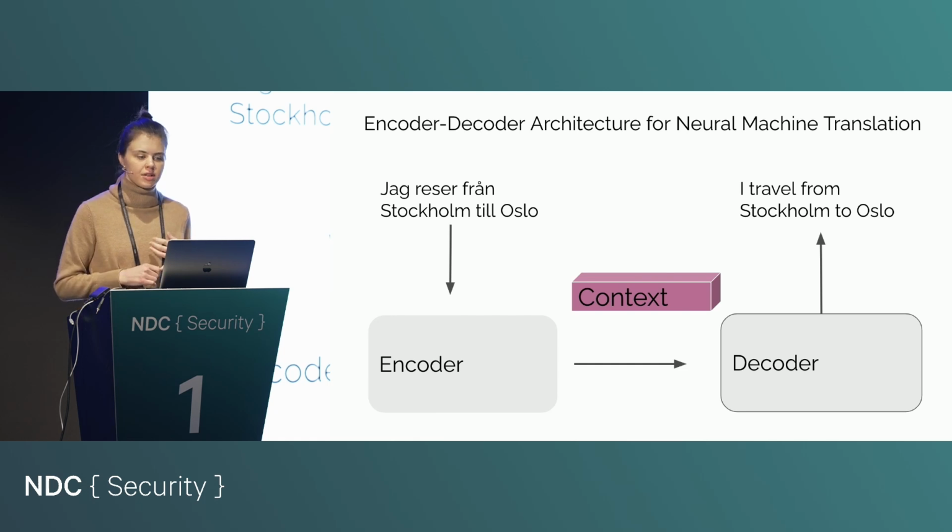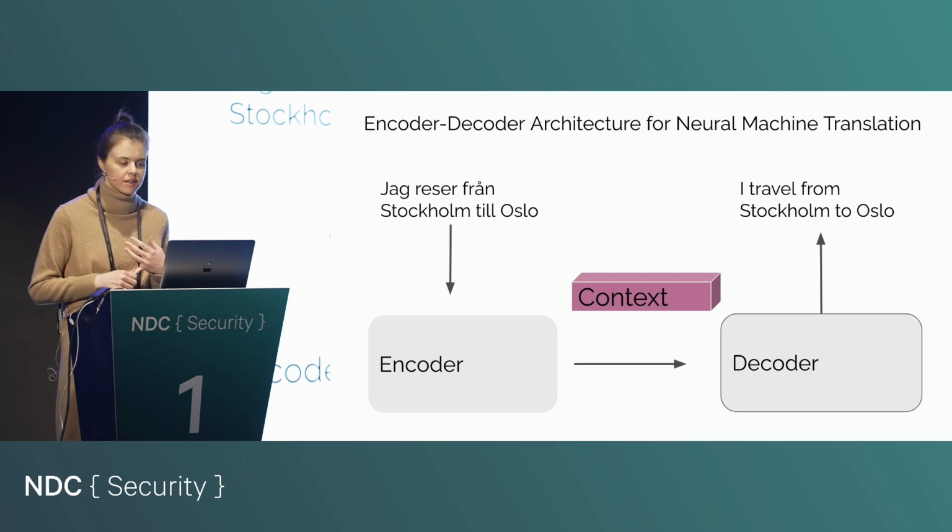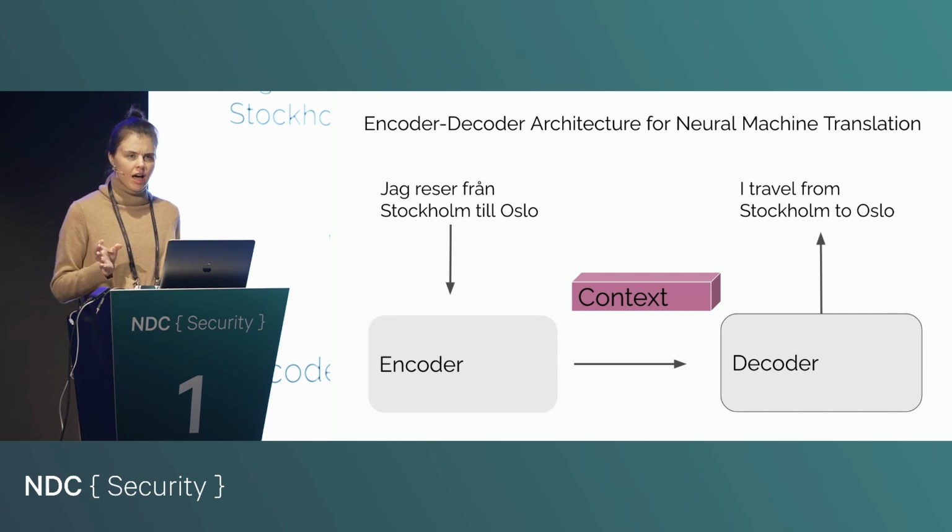So this is what's known as an encoder-decoder architecture for neural machine translation, and this is the basis of the state-of-the-art that is currently used in a very advanced form by Google Translate and also by various other large language models. So in this case, we actually kind of have two models.